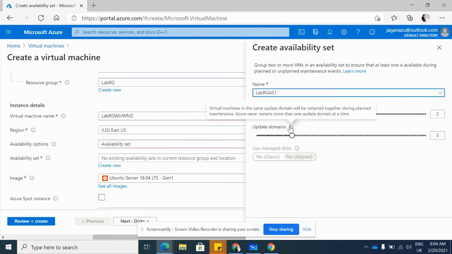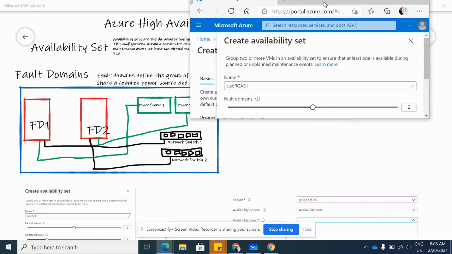And update domains means when updates are happening at the host level, not the VM level, the real host servers which are hosting these VMs, those updates will not happen all at a time. So during the updates, even if the host servers are restarted, you will not see any effect on your VMs. That is what the update domain and fault domain concepts mean. Okay, so then